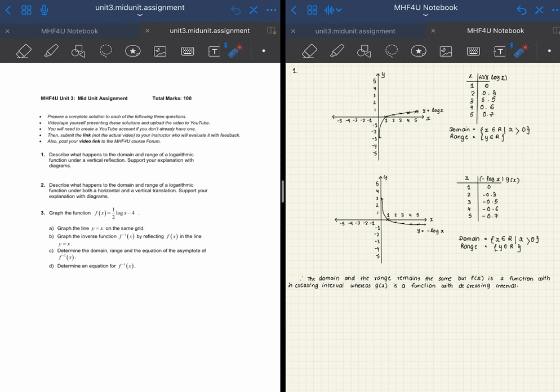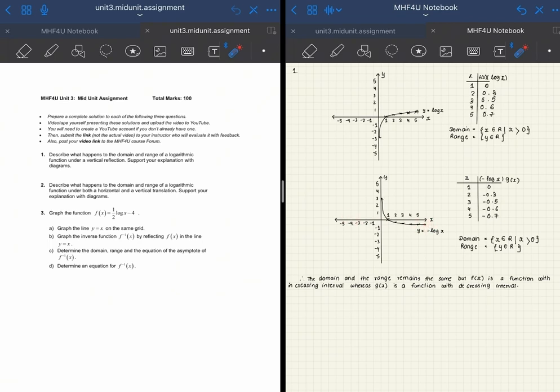As you can see, the domain of this function is x belongs to R such that x is greater than 0, and the range is y belongs to R. Now we are going to move on to the vertical reflection of this graph across the x-axis. The equation of the vertical reflection would be g of x equals minus log x, and the graph for this equation is drawn here. You can notice that this is a reflection on the x-axis,